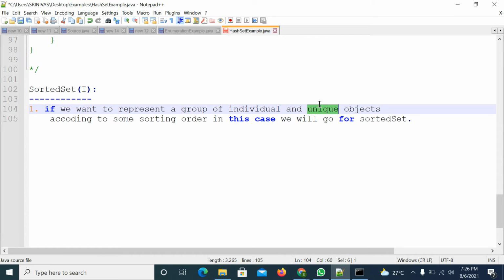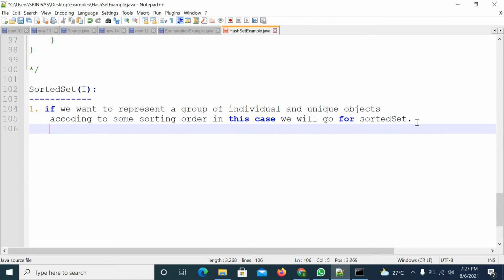And if there is a requirement to sort the data according to some sorting order, not only ascending, descending or alphabetical order, but a programmer-specific order also, on top of unique objects, then you can go for the SortedSet interface.